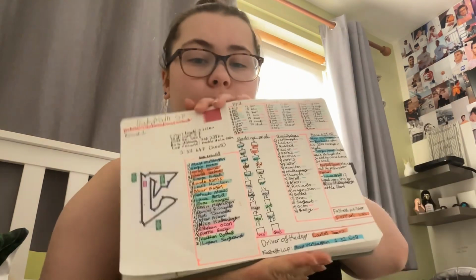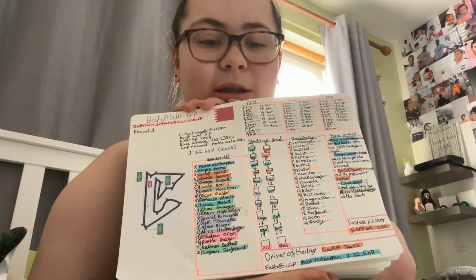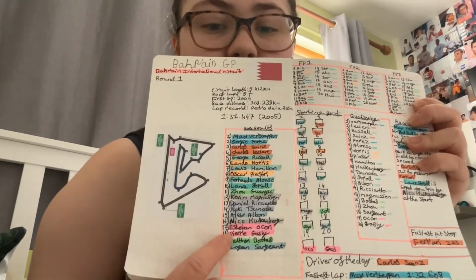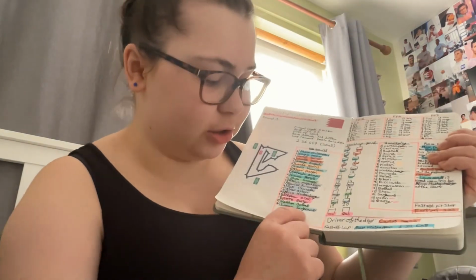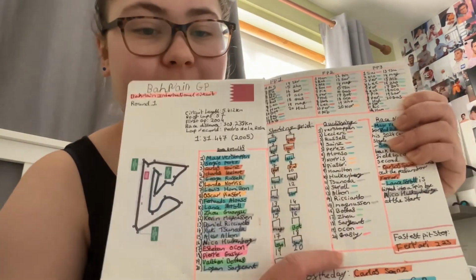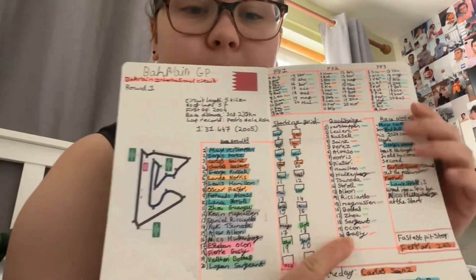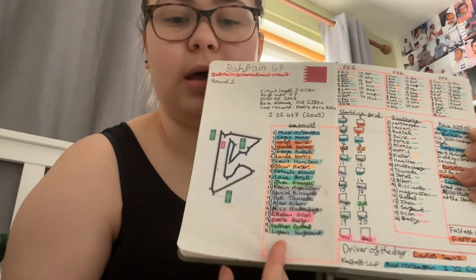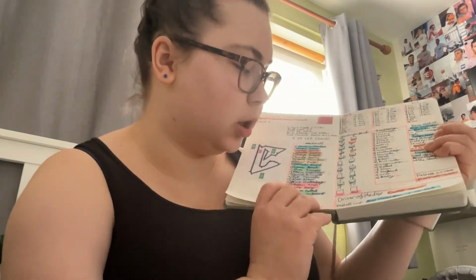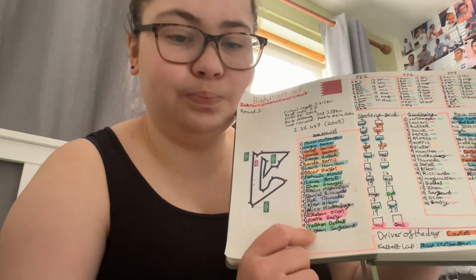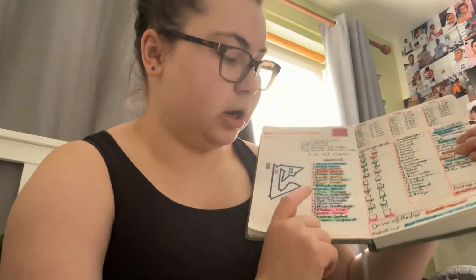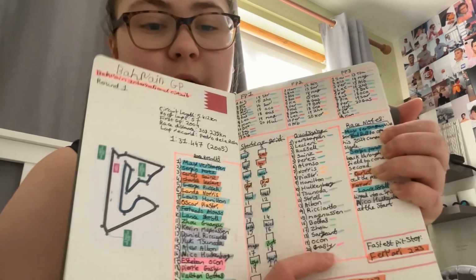So at the moment I'm just highlighting the drivers because I've just finished filling out Bahrain's. So Bahrain is all done and complete, and then for the race I ended up doing the whole of the drivers' names. I was just gonna do the whole last name like I did over here, but I ended up putting their first name as well, which I've got the space to do, so why not. I also decided to fully highlight their name for the race, because then it shows the difference between this one and this one,